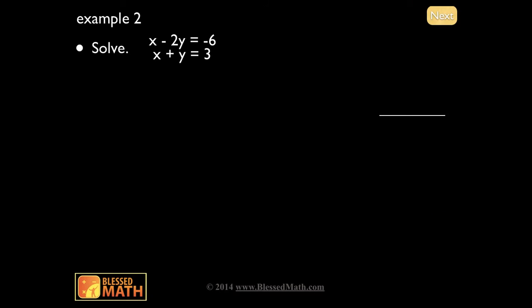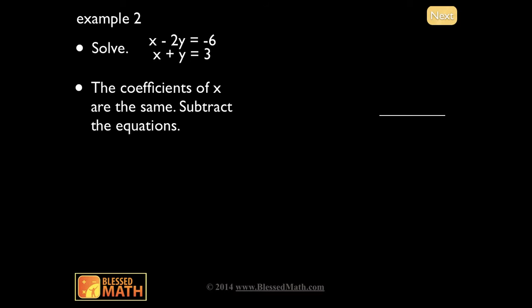All right, we have x minus 2y is equal to negative 6, and x plus y is equal to 3. This time, I see a positive x and a positive x. They look the same. I know that I can subtract two identical terms to eliminate them. So x minus x is 0. So because the coefficients of x are the same, being 1, but we're not showing it, we're going to subtract